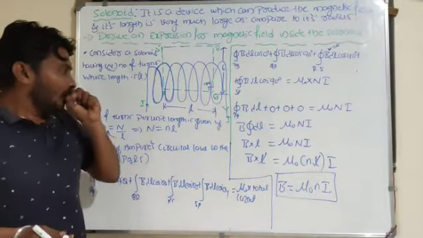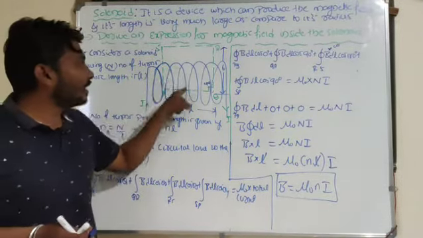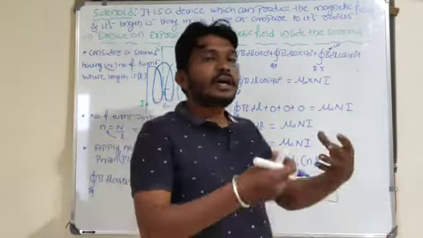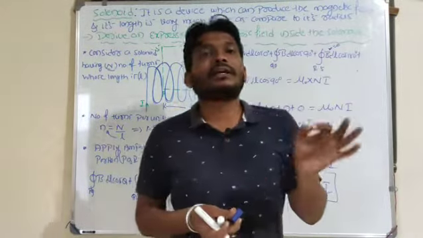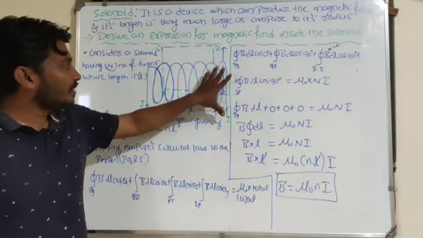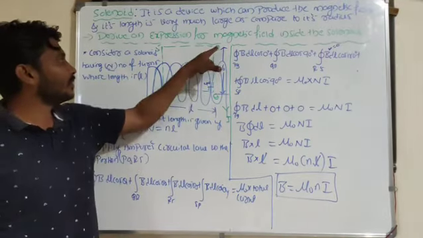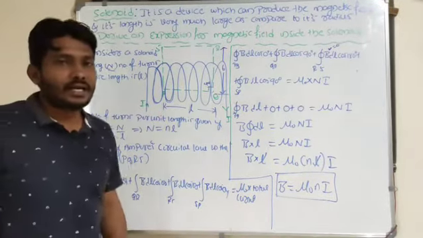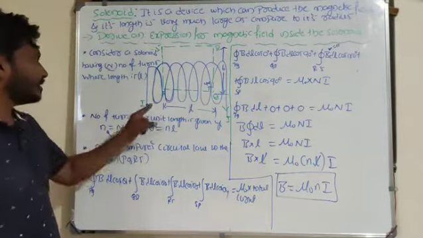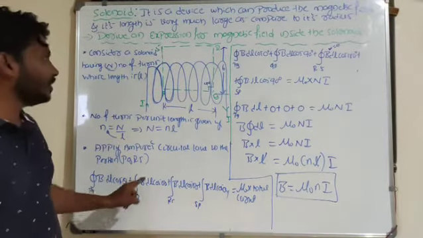I took one solenoid here. In that solenoid, a certain amount of current is flowing, and my interest is to find the value of magnetic field inside the solenoid. In order to find it, I will use Ampere's circuital law. Whatever the coil is, I will choose a rectangular portion in that coil: P to Q, Q to R, R to S, and S to P. I will apply Ampere's circuital law to PQ. Line PQ is parallel to the coil, so theta value is 0.